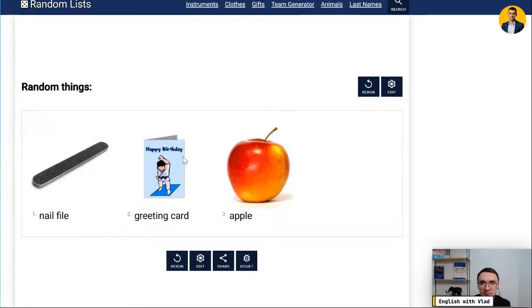Greeting card. Card that's just like a postcard. But greeting, yeah, when we say greetings, basically saying hello or sending some wishes with this card. And of course, this one, it's